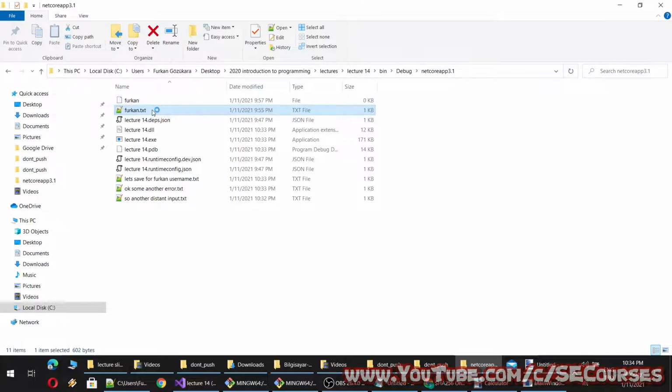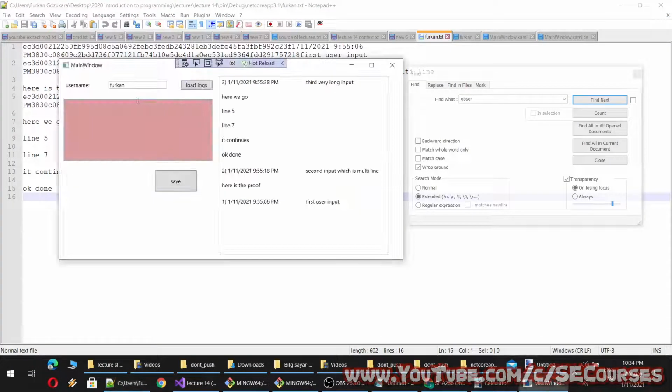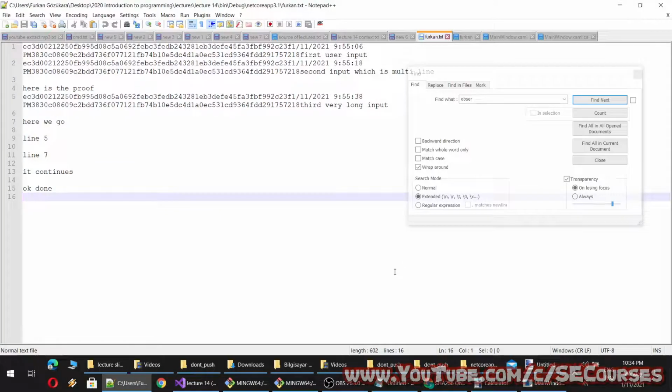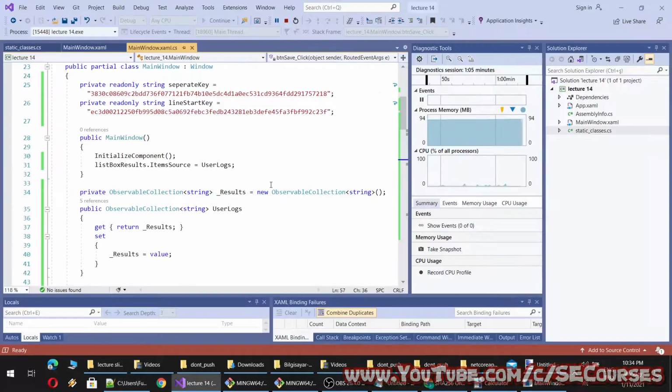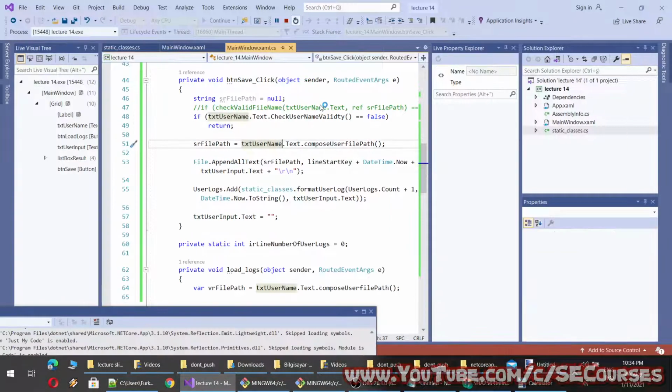Why is that? Let's click save. Yes, it is not being saved. So let's check our save method error. You see here, I have to use txt username and then it should be fixed.